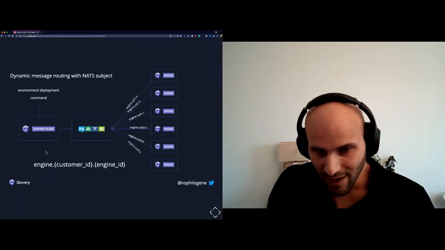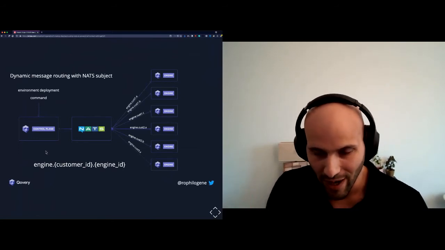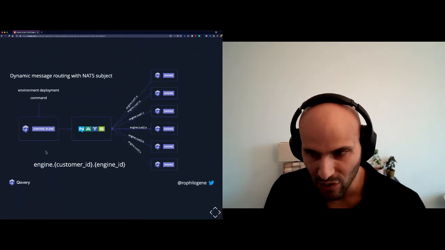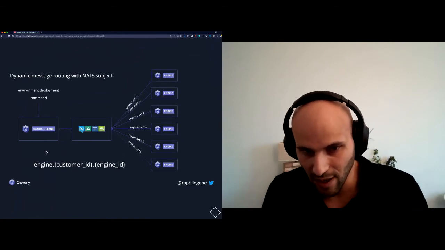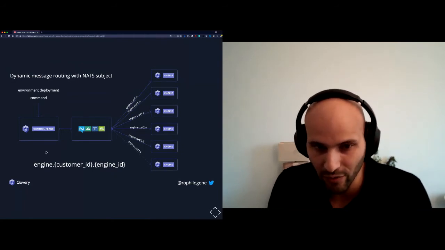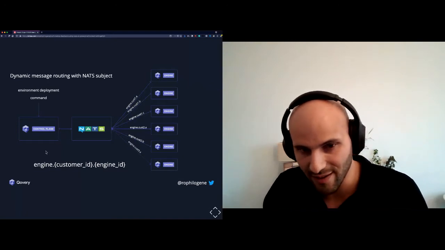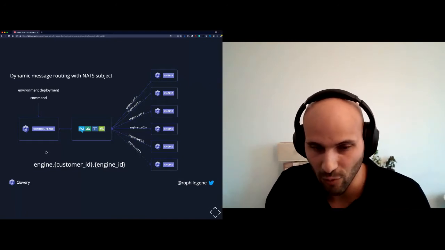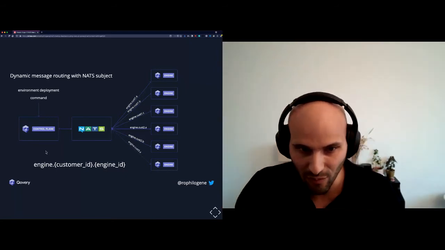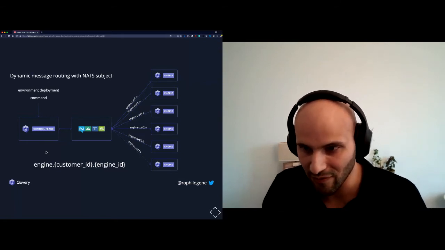So one thing, and that's maybe the continuity of what I just mentioned, is that we have this problem of making things very secure at Qovery. We decided to really isolate, in a virtual way and also in a physical way, the traffic coming from our different customers. One important thing is that each customer has their own engine. We deploy this part on their cloud account, and this part must be able to access only its own traffic. That's a very, very important thing.